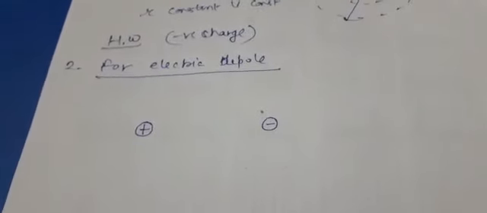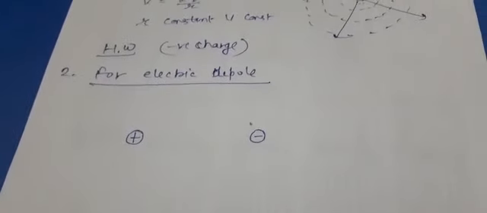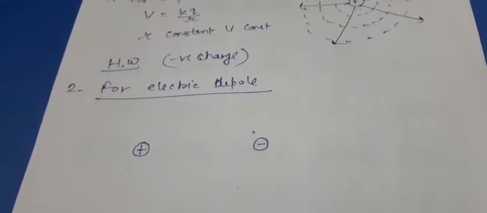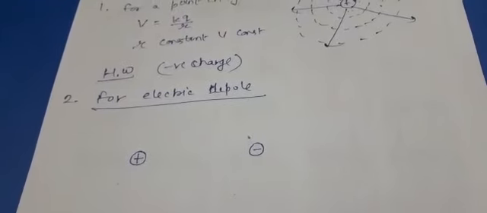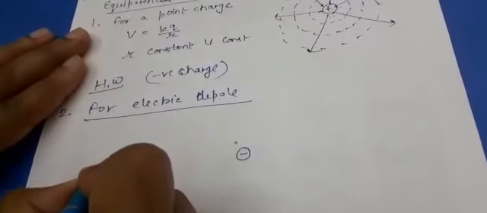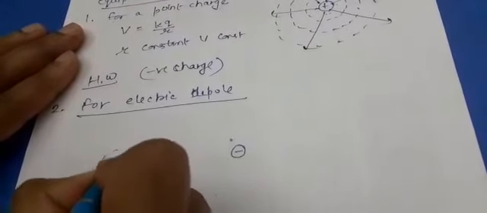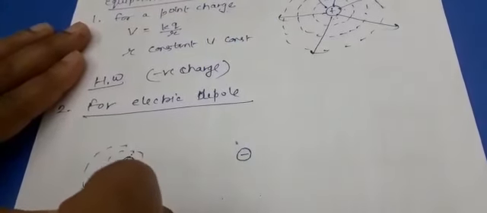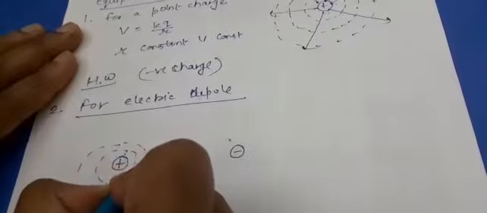Now, what will be the effect, the influence of each other? So, what will be the effect? That in between the charges, their surfaces become closer. How? Where we are drawing the equipotential surface around the positive charge, due to attraction, the surfaces are somehow closer,